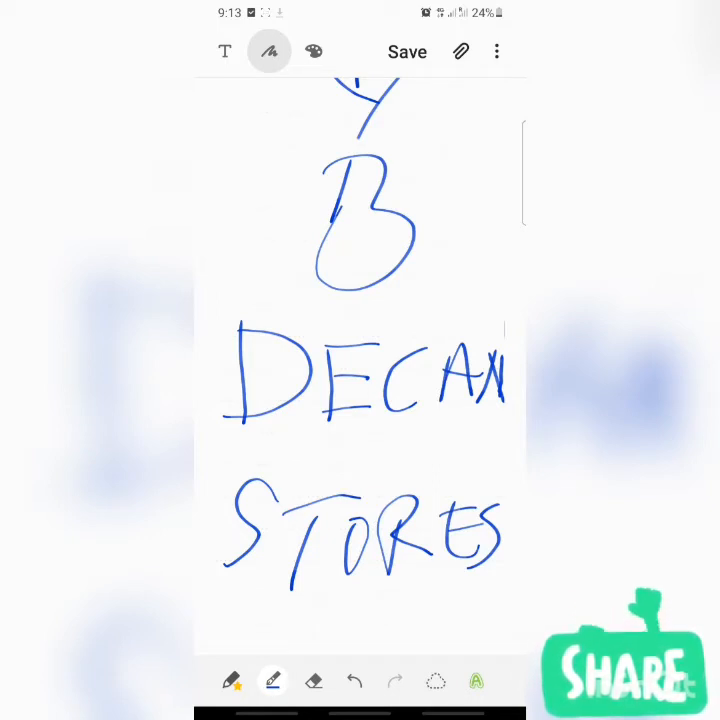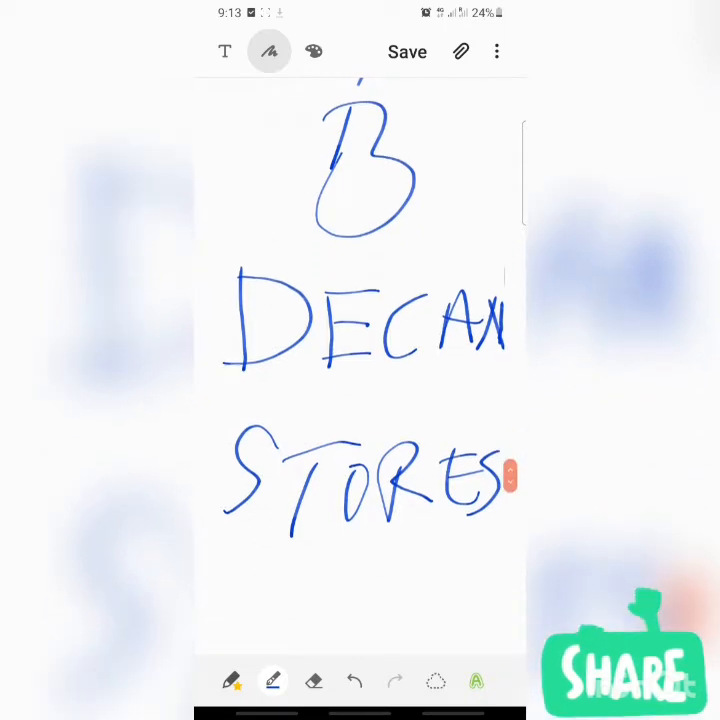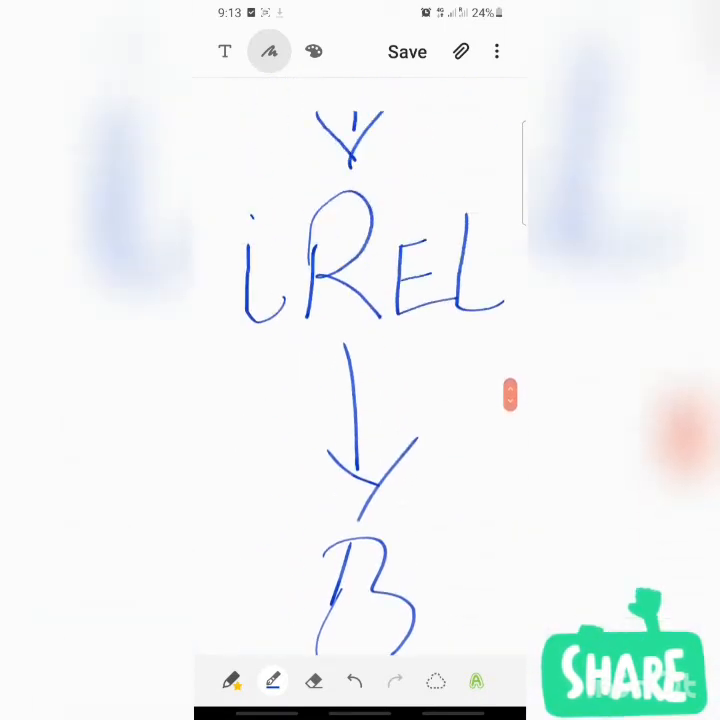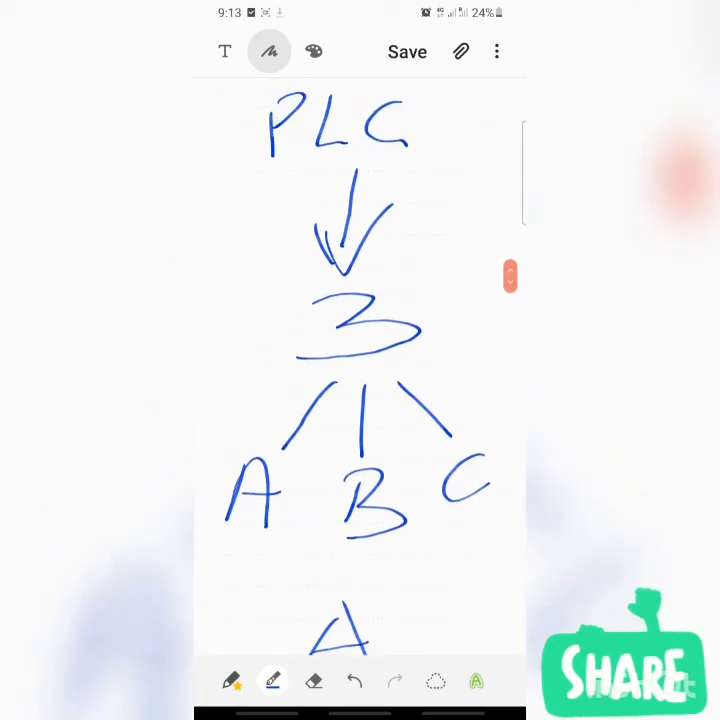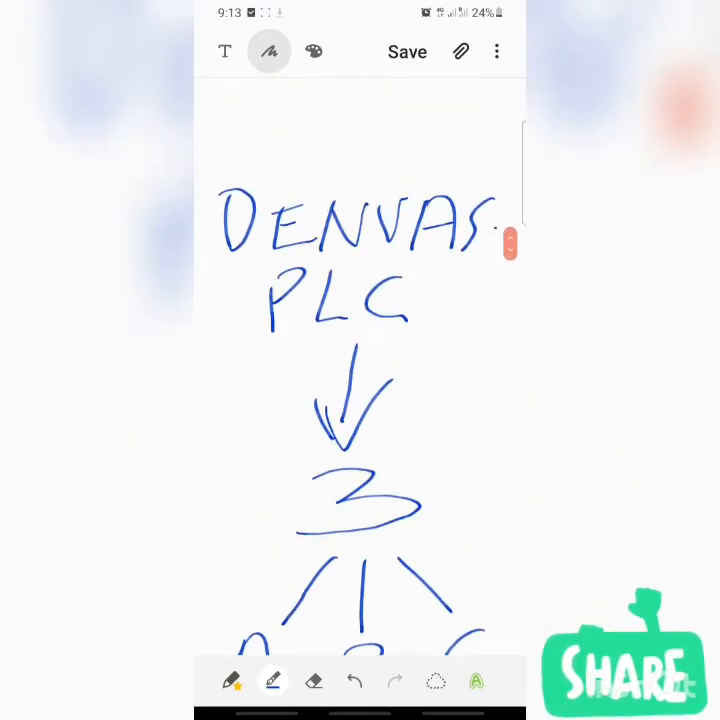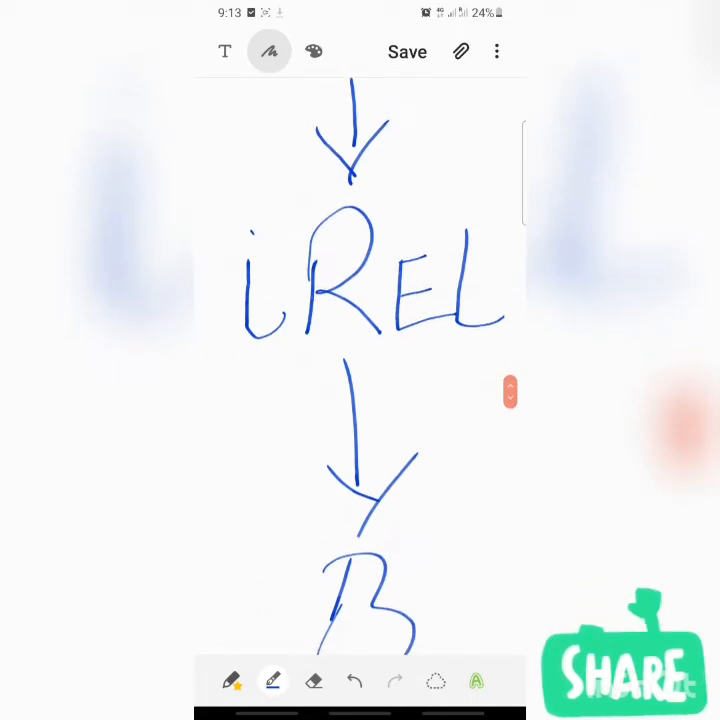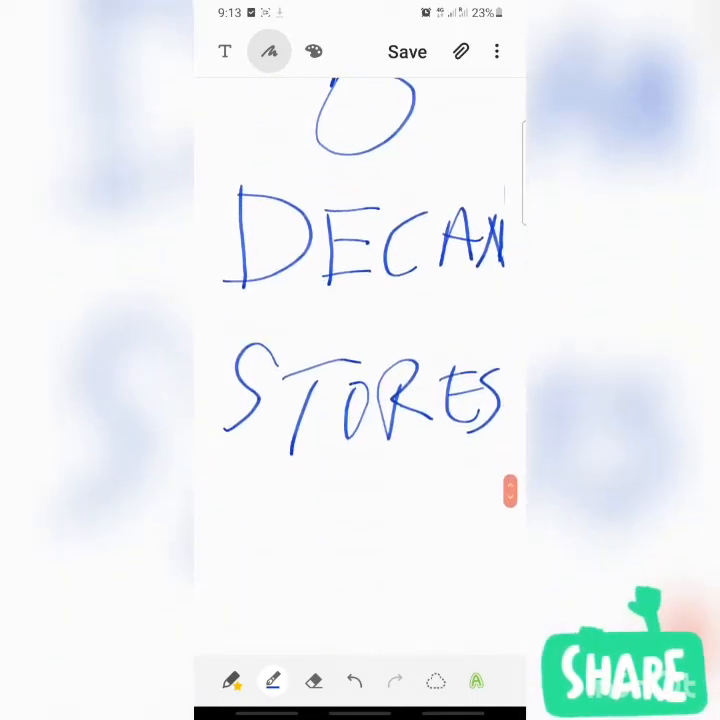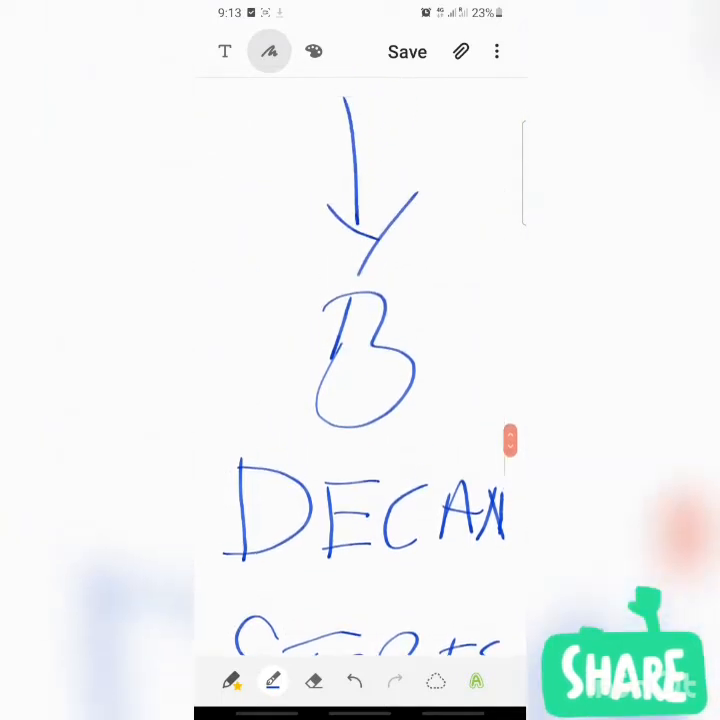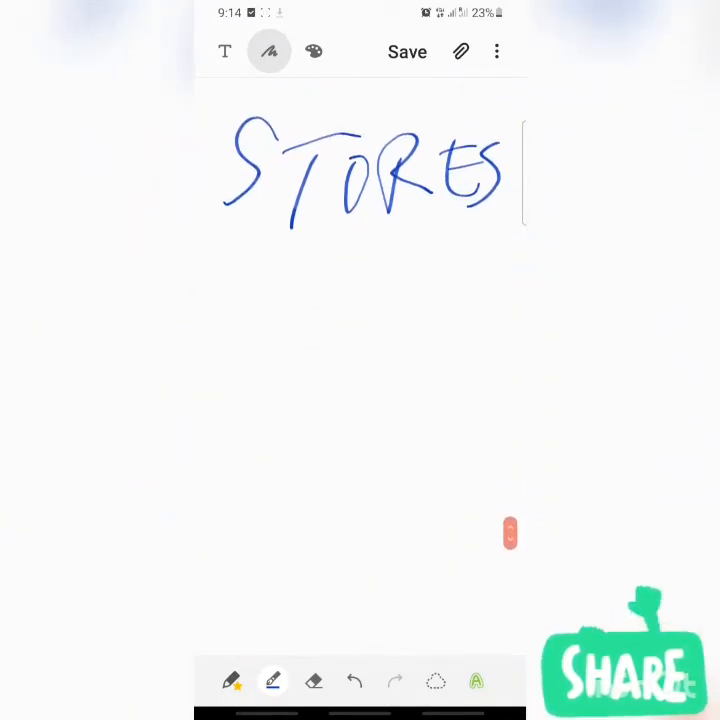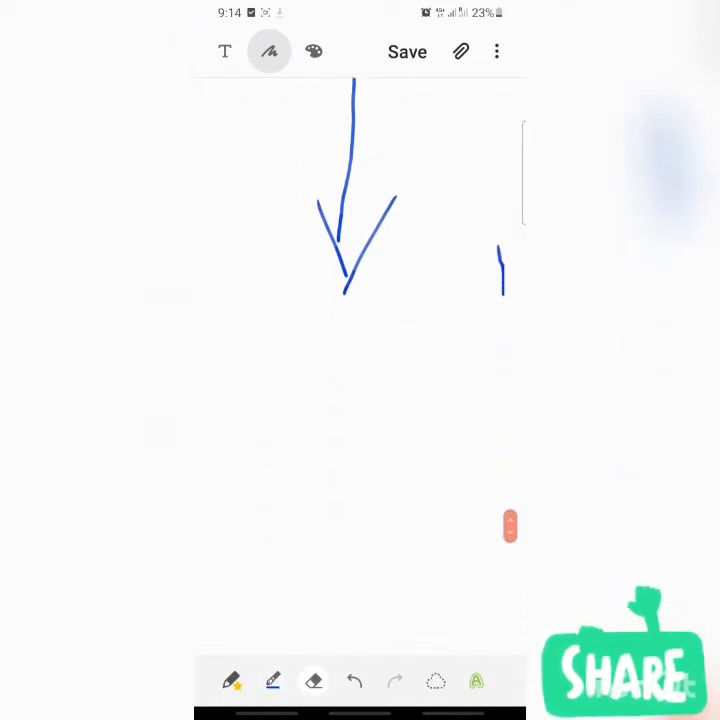Meanwhile, okay, the first one, Deccan Denver's PLC. Then the A part of it is IRL.io. Then the B part of it is Deccan Stores. Then that takes us to the C part of it. Okay, the C part of it is